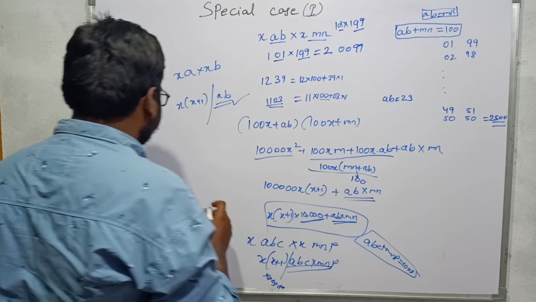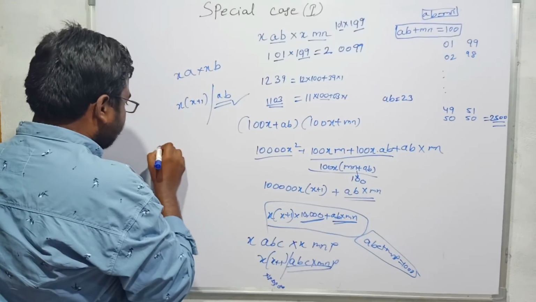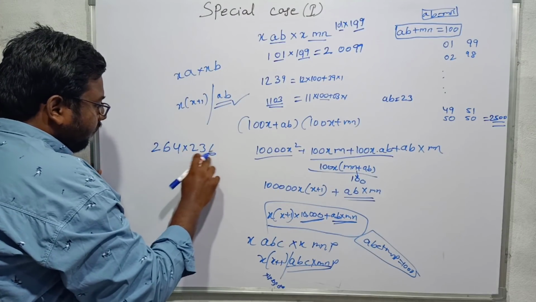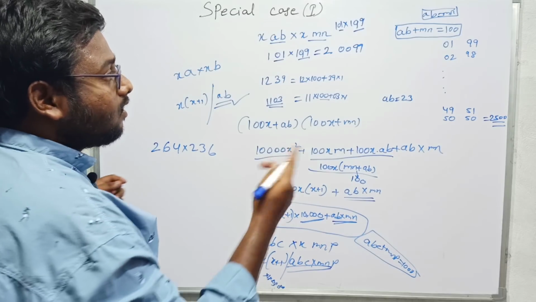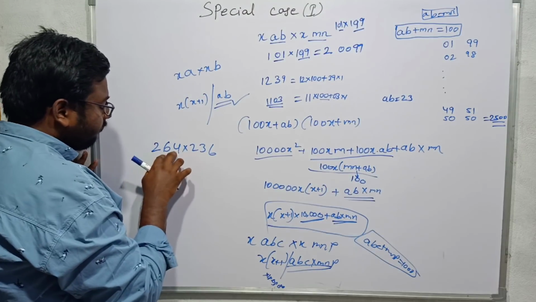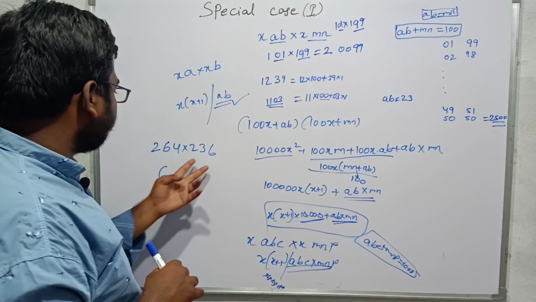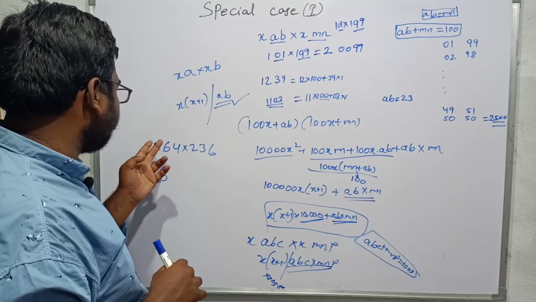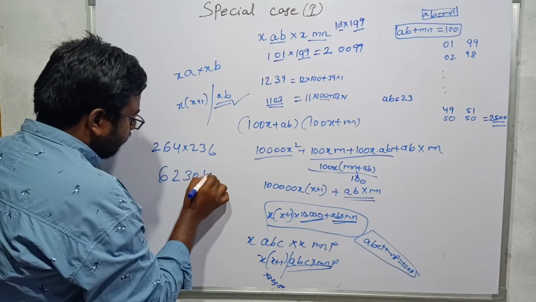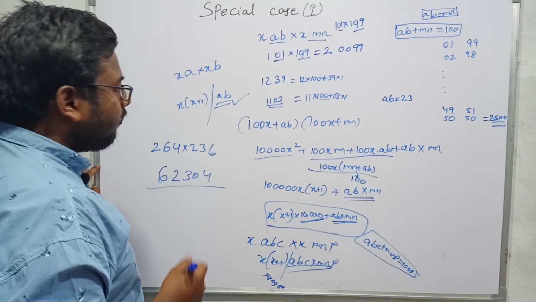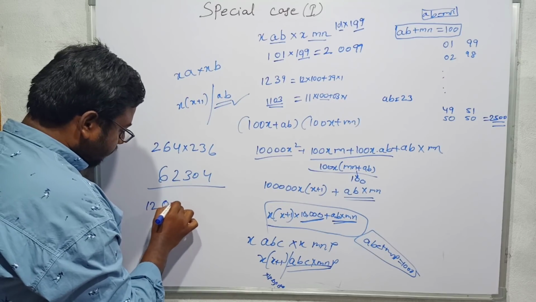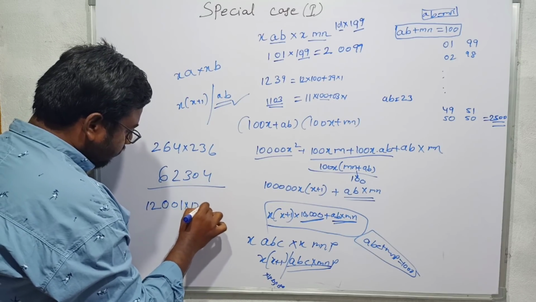So if I have to calculate 264 into 236, we know that 64 plus 36 is 100. So what we will get, 2 into 3 is 6, and if you have to calculate 34 into 6, 36 is 216 plus 144, 216 plus 14, 2304, 62304 is the result. For example, if I have to calculate this, for example 12001 into 12009,